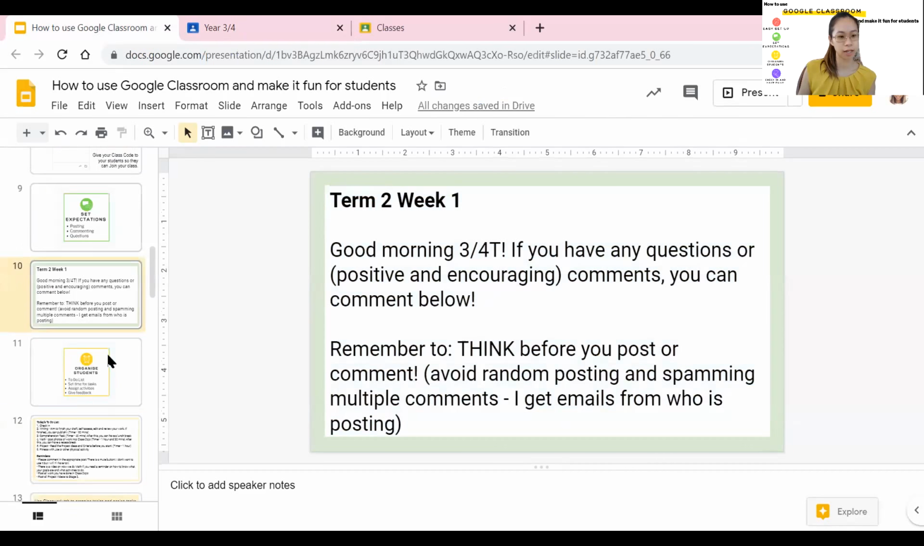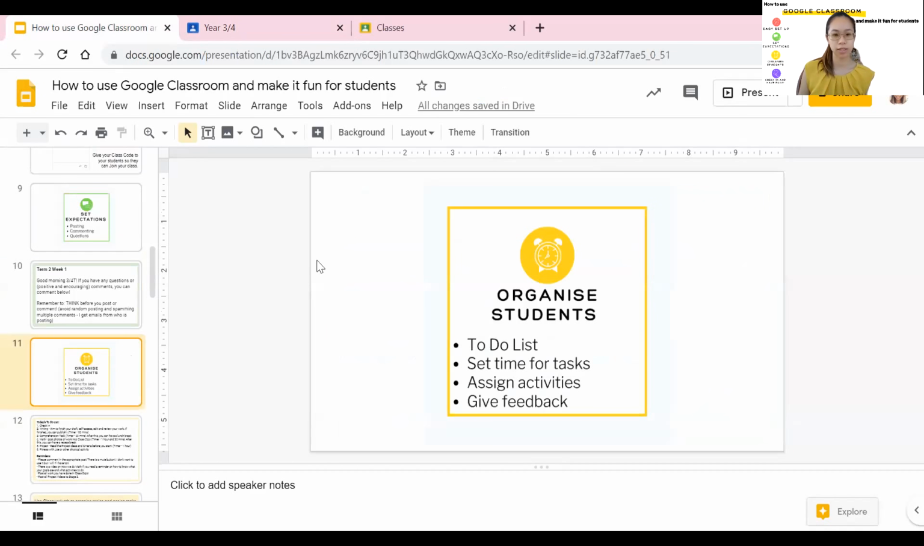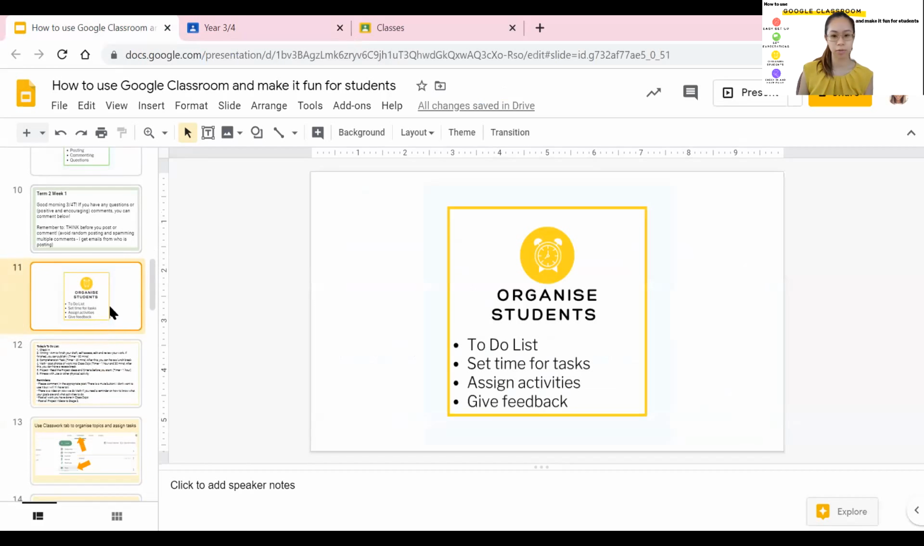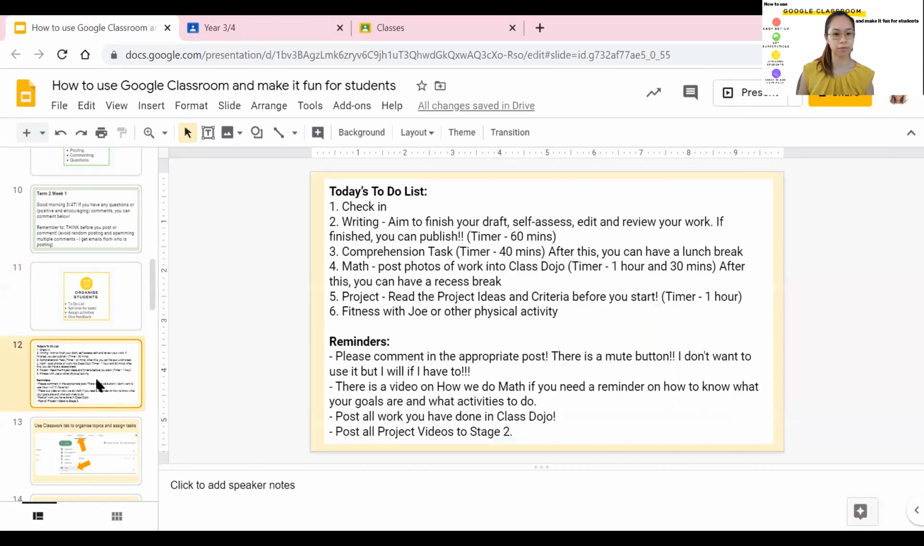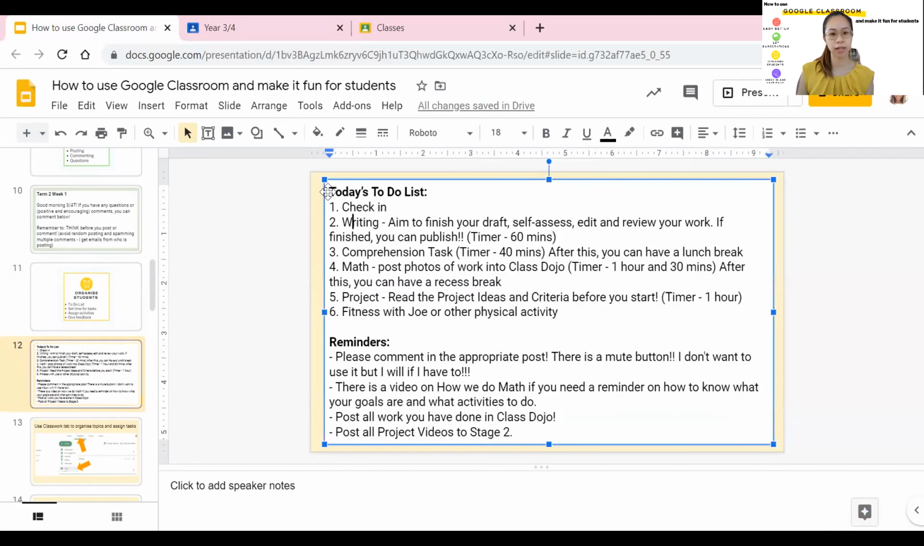So that is there if you want to copy and paste. So, organizing students. What I do is I give them a to-do list. I set them time for the tasks that they're given. I assign the tasks, and also we're going to talk about giving feedback. So this is something that I would put in the